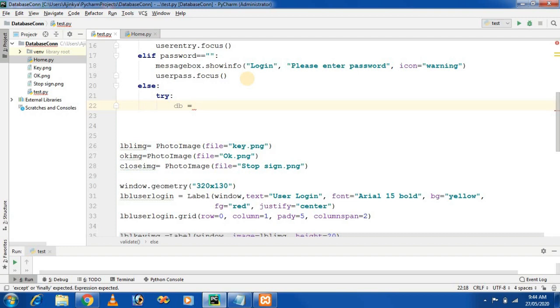Python. So pymysql dot connect. The connect method requires the first parameter, that is the server name. My server name is localhost. The second parameter is the username. By default the username is root. The third parameter is the password. I have not provided any password, so I give this blank. And the last parameter is the database name. So